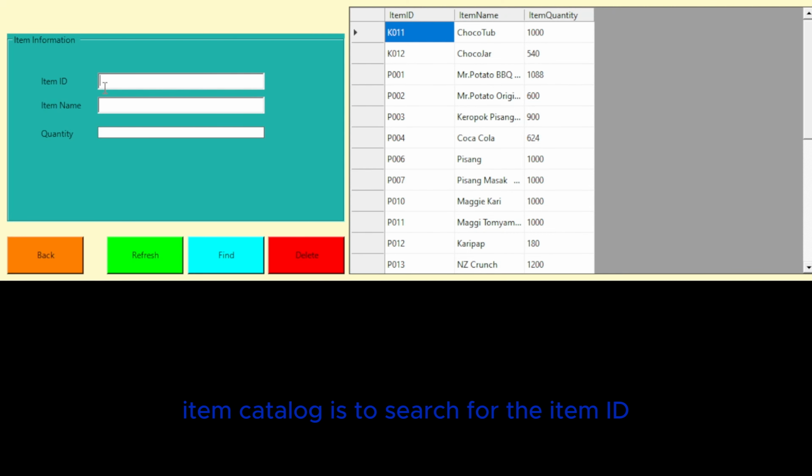The function of the item catalog is to search for the item ID so that we can use it for the inventory system or the transaction system from the menu before. An example of how to use this is by searching the name or the item ID. As an example, I want to find choco jar. Fine. And then it will tell us the item ID and also the quantity within the inventory. Now moving on,